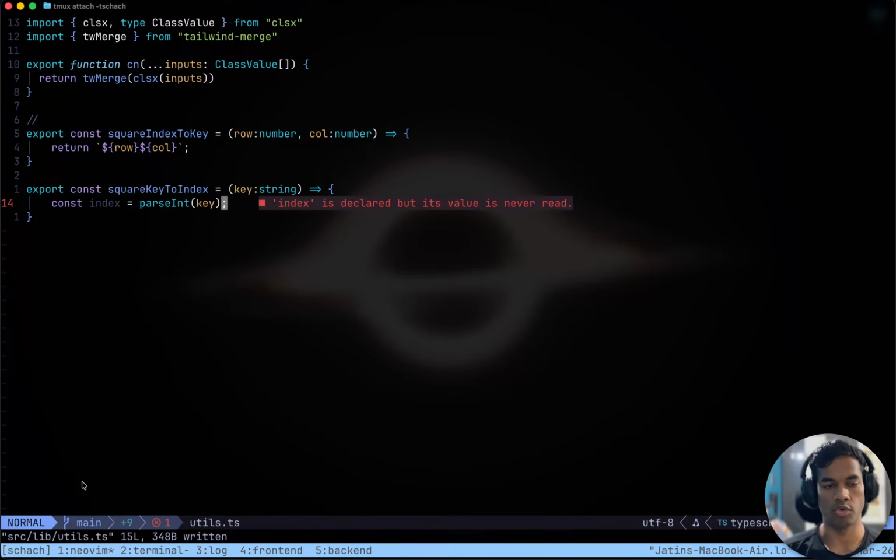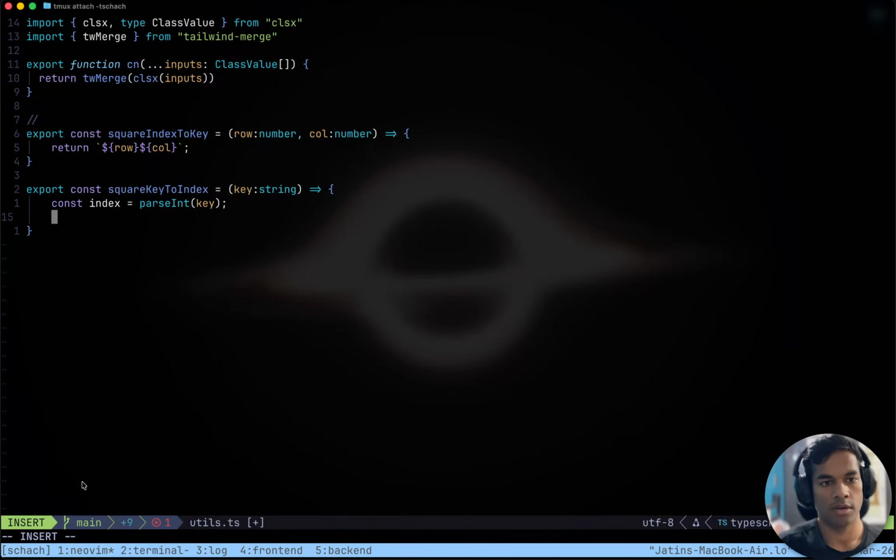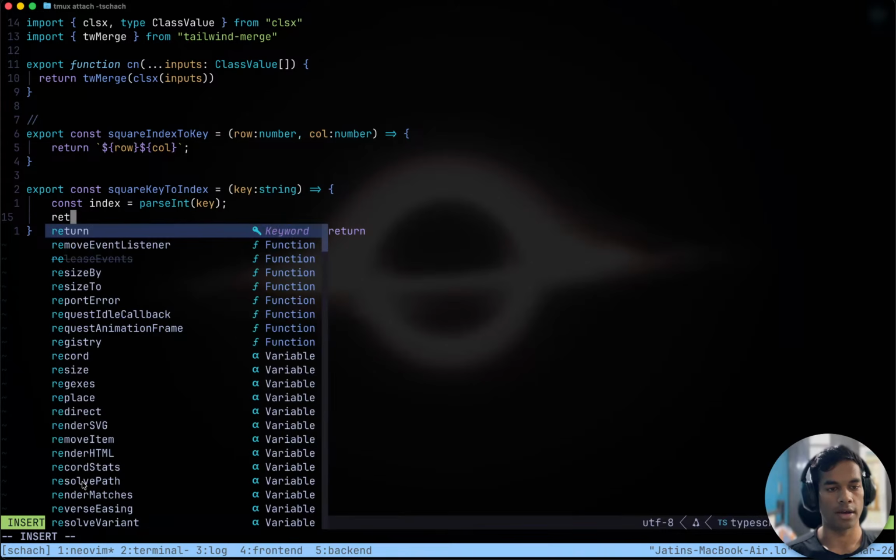And we are just supposing that this thing works, that we are always going to call this square key to index function with the correct values.